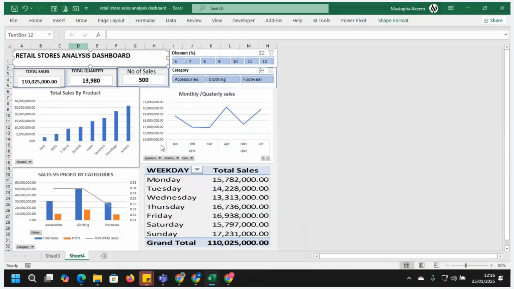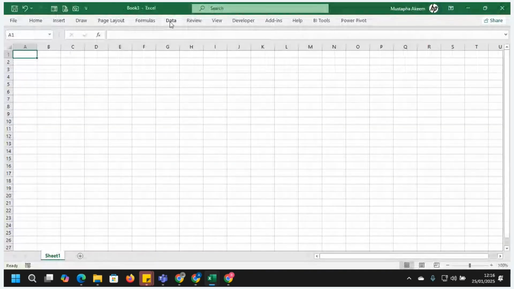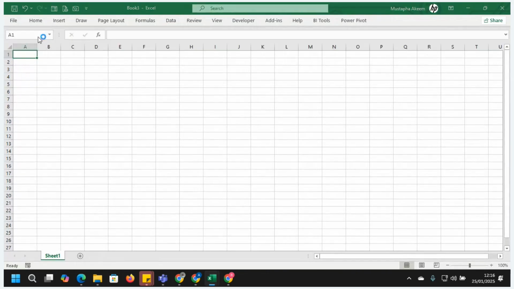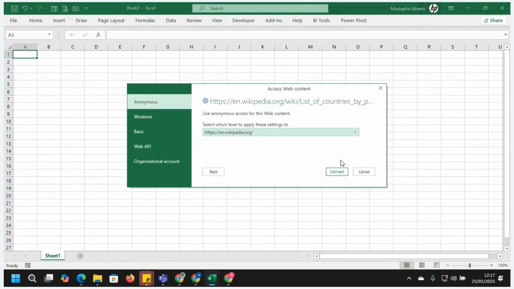Let's create a new worksheet. Under the data, you have From Web. From Web, Control V, and click on OK. Let's see what we have here. So you can click on Connect.